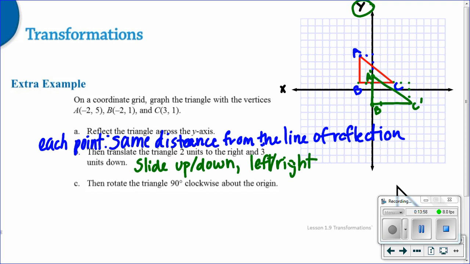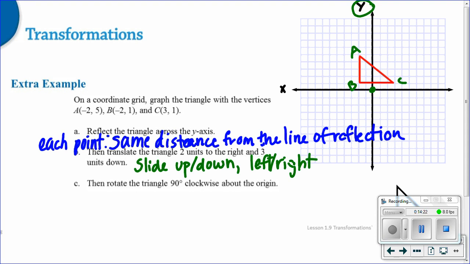So the next one is rotation 90 degrees clockwise around the origin. So I'm going to erase this again. And we got A, B, and C right here as vertices. I'm going to rotate it 90 degrees around the origin. So here's the origin of our coordinate plane. I'm going to go 90 degrees around that origin. So that means when I turn each point,